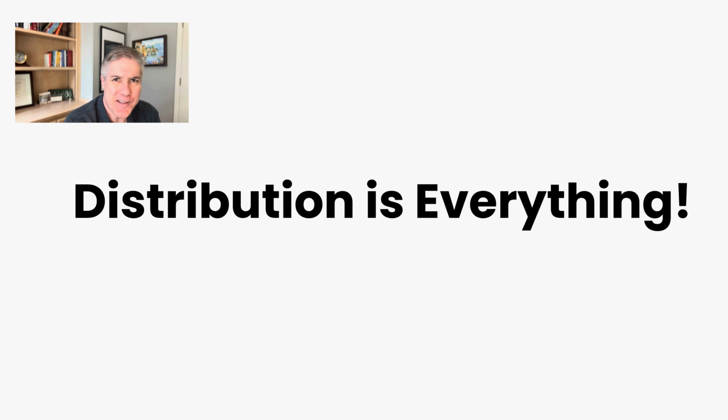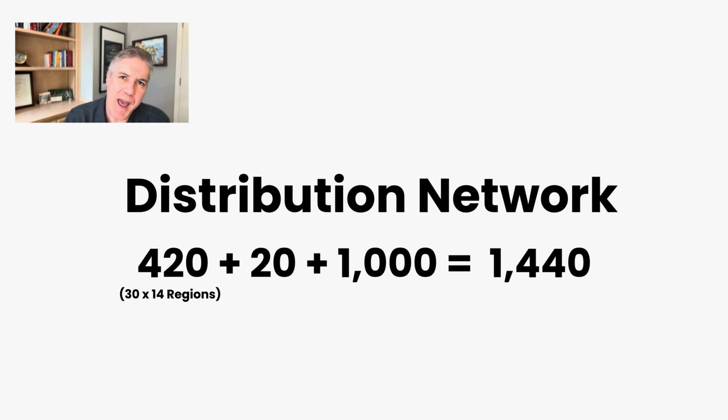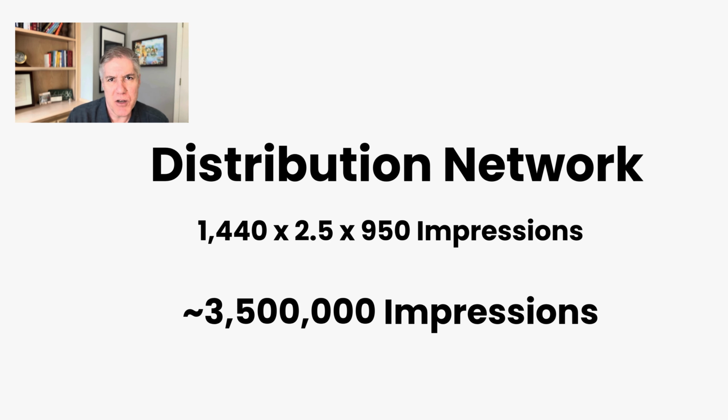Now, the third part of this is the distribution. In my experience, it doesn't matter if you've got a great product, you need to have a distribution network. And this is how I've handled it. It's a really simple formula. One ReadyStack has 420 different service providers associated with it, 20 different ISVs, and 1,000 affiliates. When we do a multiplier on top of that of 2 to 3 shares per month, we're looking at about 3.5 million organic impressions of a ReadyStack preview every single month per ReadyStack.